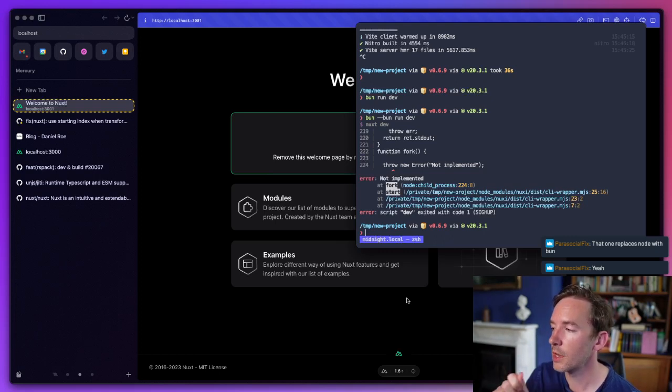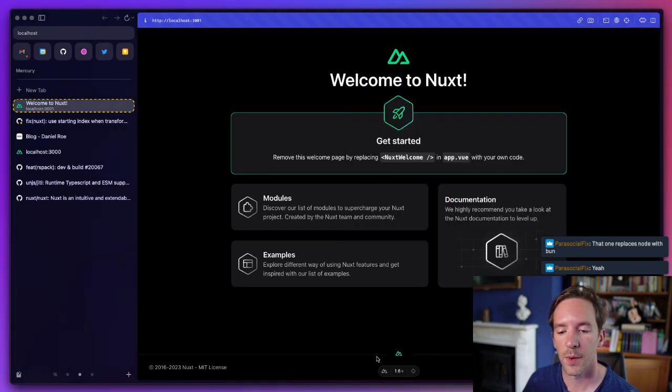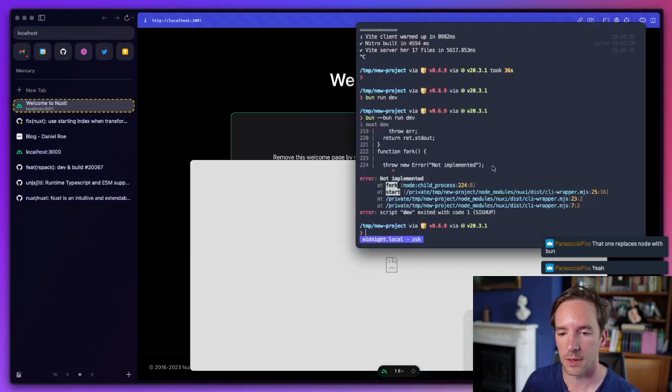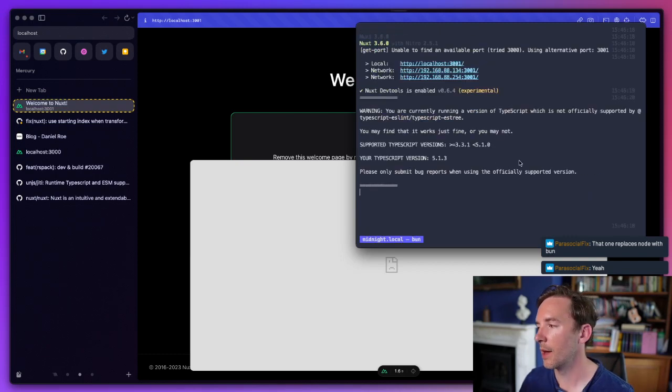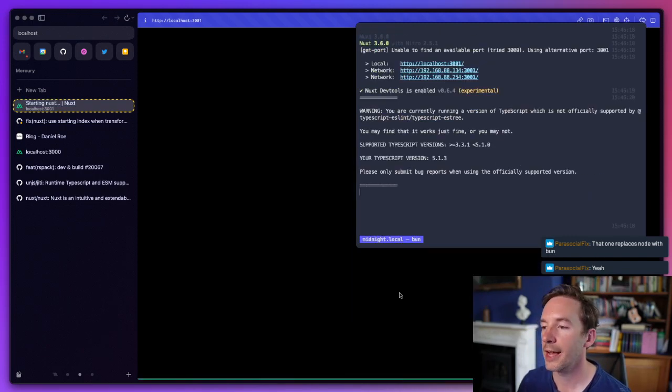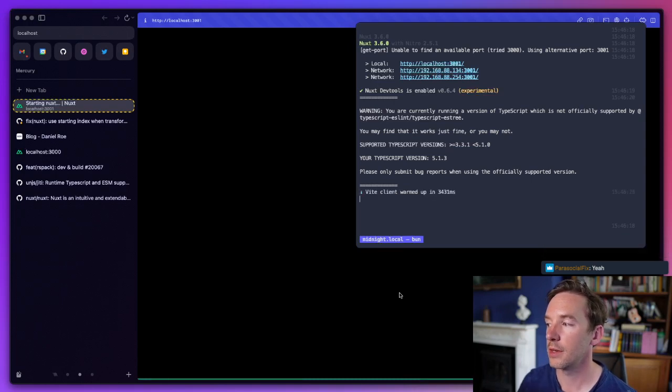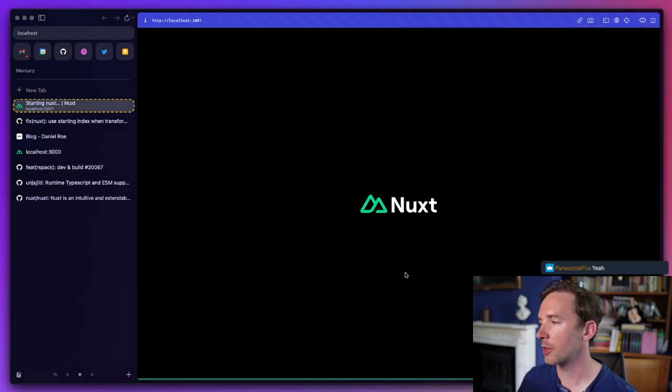It's basically we use a child process in Node in order to fork a process that we can then restart ourselves if needed. So from the runtime of Nuxt, if you have DevTools here, for example, we can actually, I'll start this over again. If we're running Nuxt and we have DevTools, you can actually install a package and restart Nuxt because we've forked the process that's running it into a different